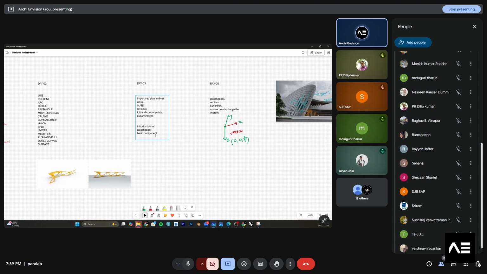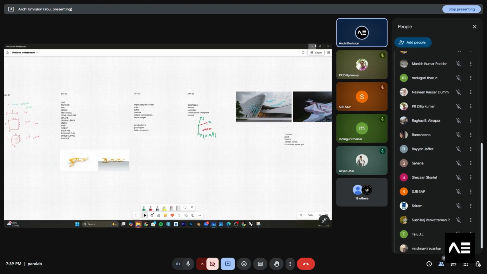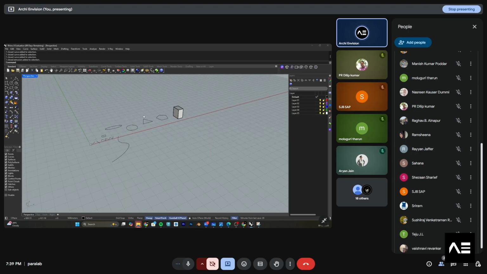I will add people from day 3. Product designers and architects will have different sets of sessions. This is what I wanted to let you know on day 1.